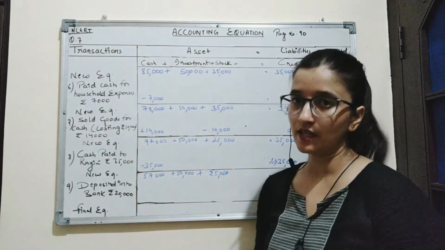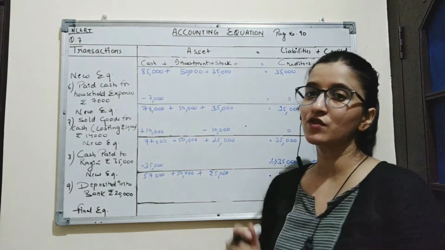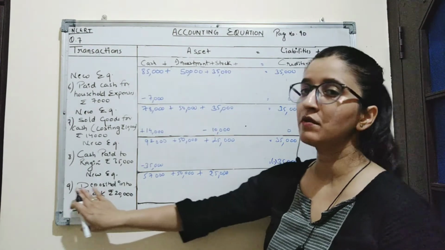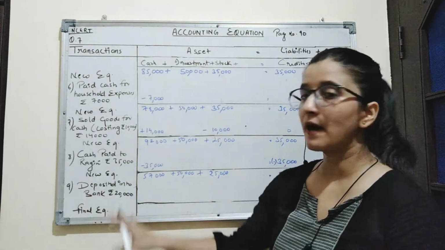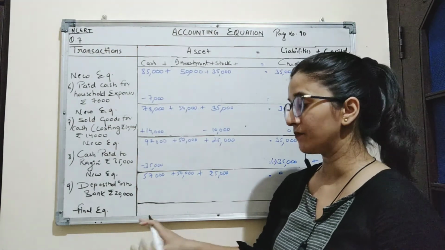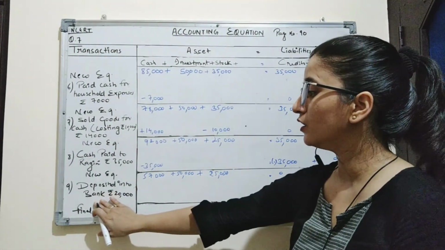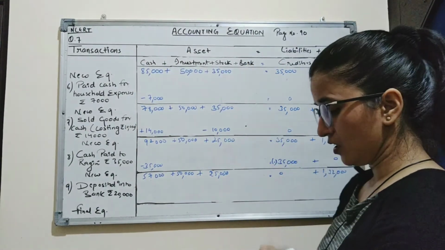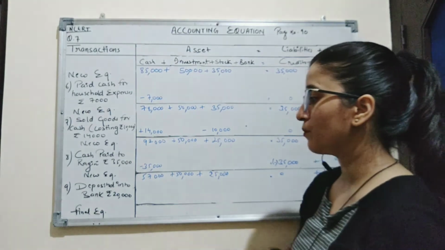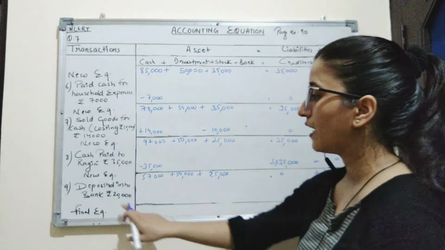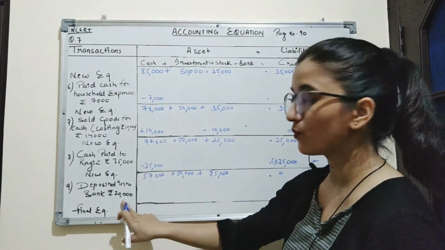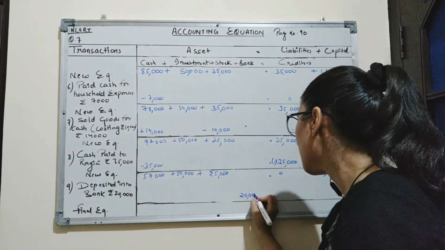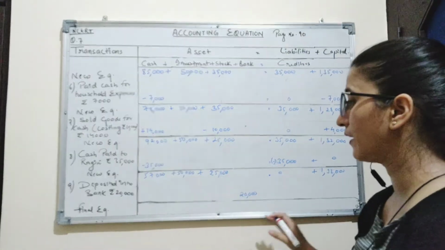So bank here is an asset, as asset are the things which can be converted into cash. So whatever amount which is deposited into bank, it can be withdrawn at any time. That means bank can be converted into cash anytime. So here we will open a new column of bank on asset side. So company has deposited the amount of rupees 20,000 in bank. That means asset has been increased with rupees 20,000. Bank will be increased of rupees 20,000 because cash has been deposited into bank.